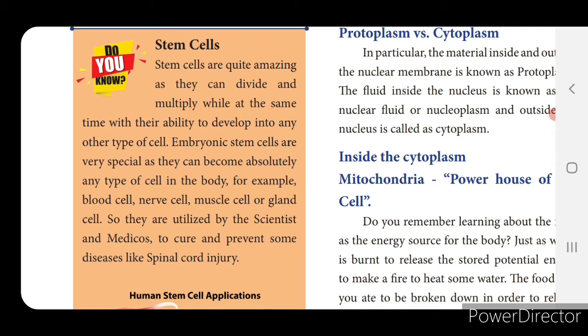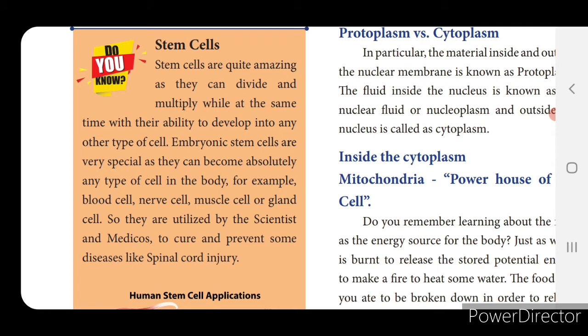They are utilized by scientists and doctors to cure and prevent some diseases like spinal cord injury. Nowadays, after the birth of a child, the embryonic cells are collected and frozen. Yes, like a blood bank, a stem cell bank is also there. Whenever the child needs the cells, suppose the child gets chronic diseases like cancer or spinal cord injury, at that time the embryonic cells are collected